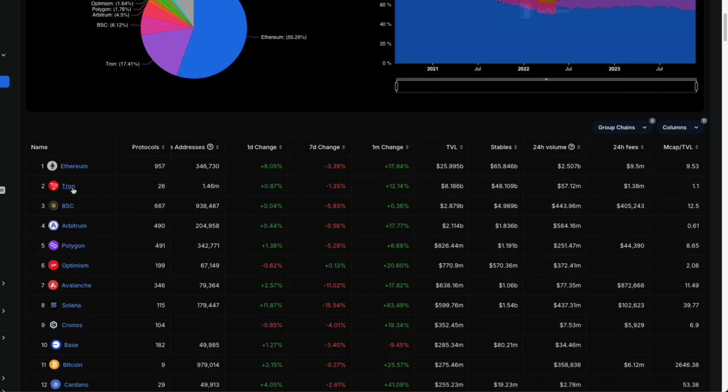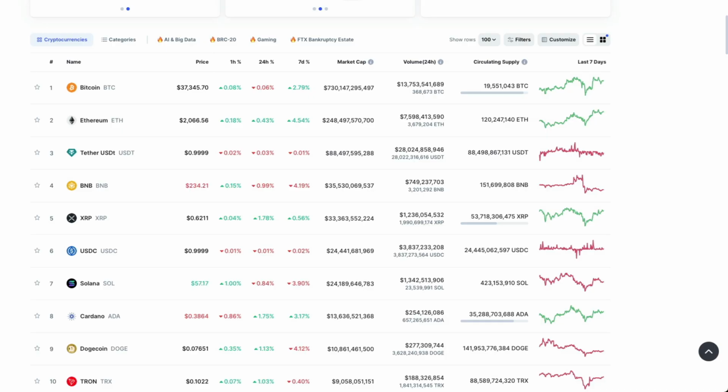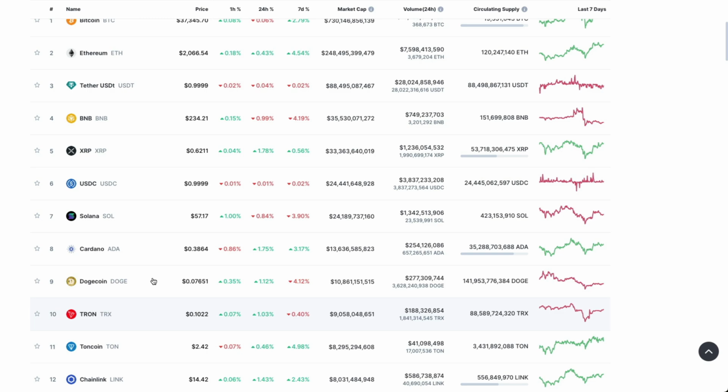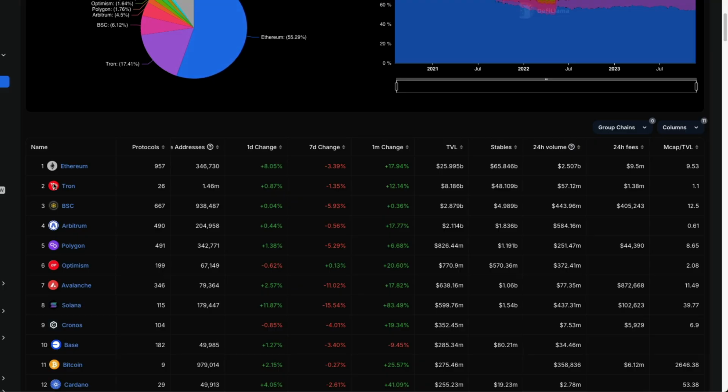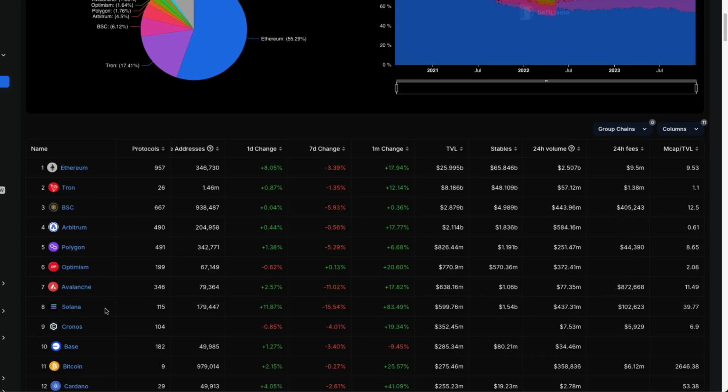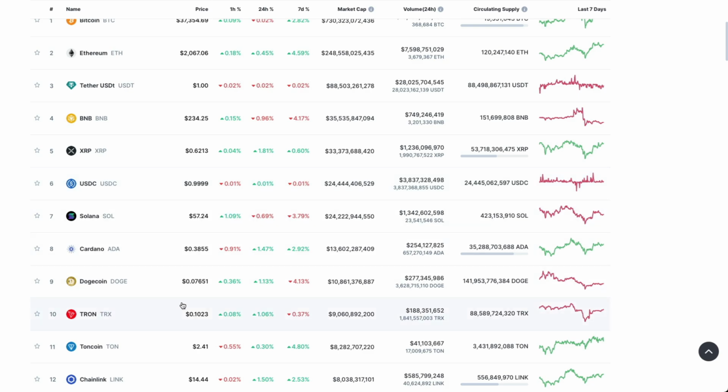So even though Tron is not necessarily the largest market cap opportunity, as we can see here, Tron is number 10. Something like Solana technically has a larger market cap, over 2 times the size of Tron. But what's interesting about the information that DeFi Llama gives us is that Solana has a lot less total value locked in it than Tron. In other words, people are more willing to hold their funds long-term in Tron and pursue opportunities within it and the protocols inside of it. Whereas while Solana might have a larger market cap, it seems like people are not locking up their funds in Solana as much as they are in Tron. So this paints a different picture than just looking at what the biggest protocol is.